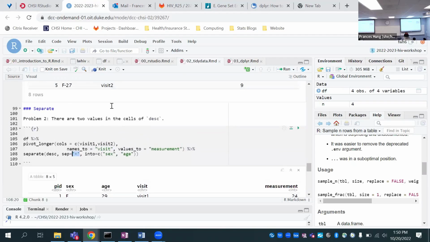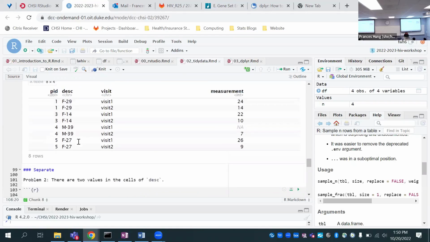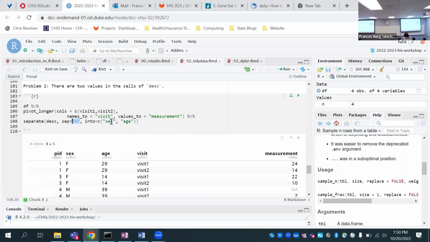And it divides whatever is inside the DESC column using the separating string. In this case, it knows that there's a separating string, a dash, between this capital letter and these 2 numbers. So it's going to separate into 2 columns because there's 1 separating string. And these columns are going to be called sex and age.